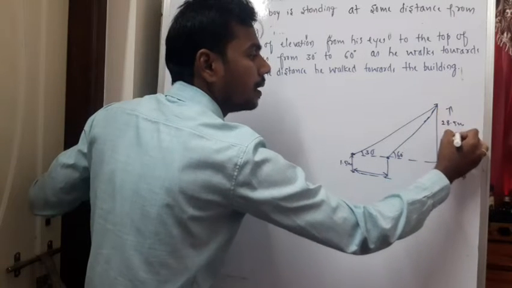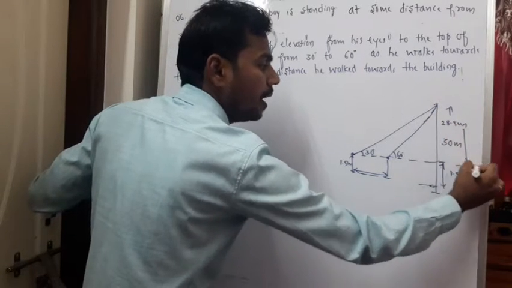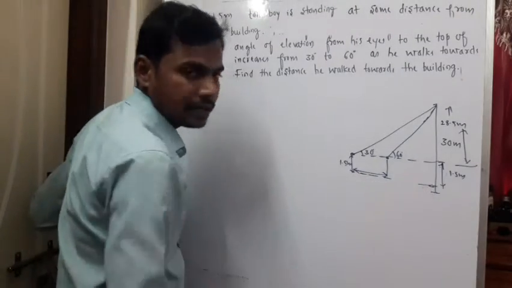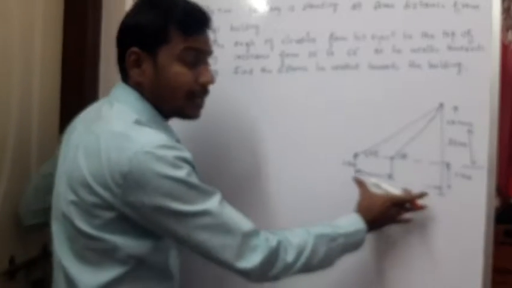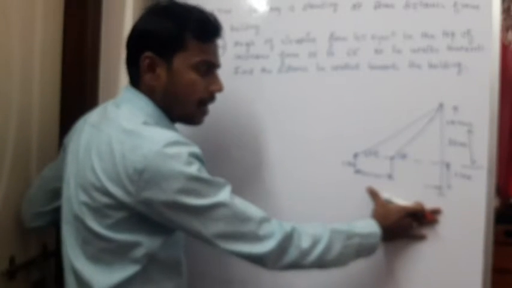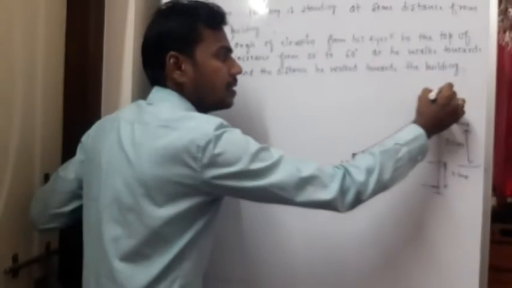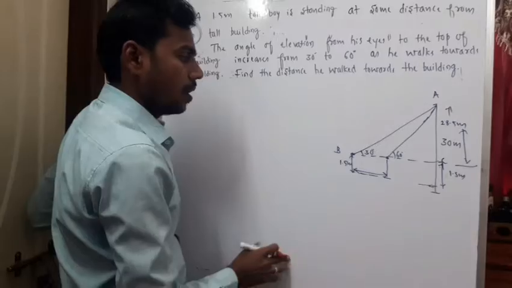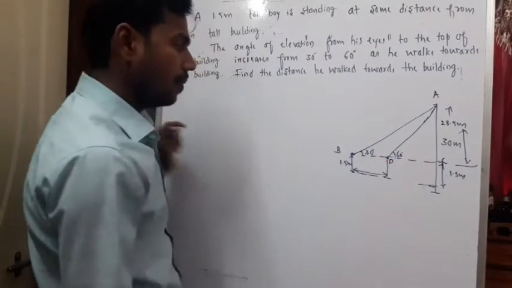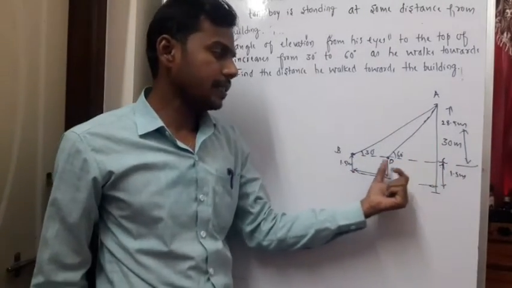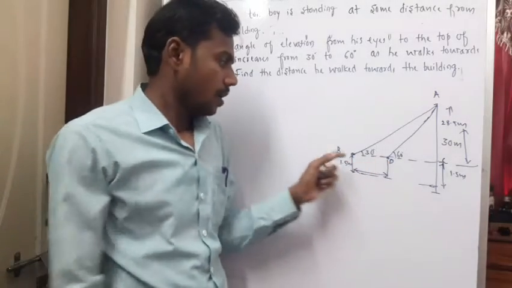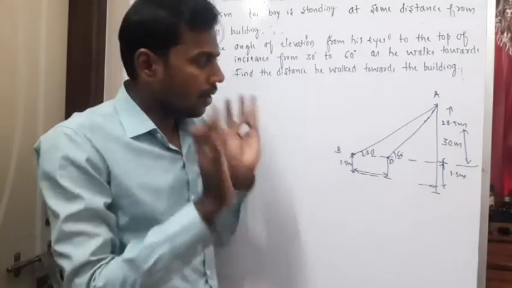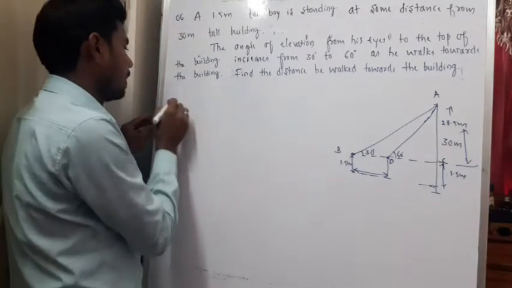Fine. This will be 28.5 meter. Okay. Now what we need to find? We need to find this particular distance. So if I want to get this particular distance, suppose I call this A, B, C and this D, for me BC minus DC will give me BD. This total distance minus this distance I will get BD. So for that, what I need to do? Look at the board.